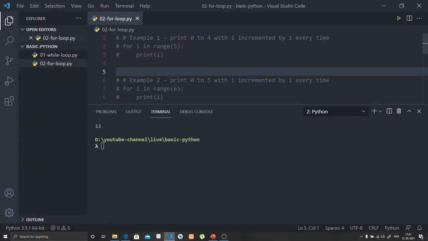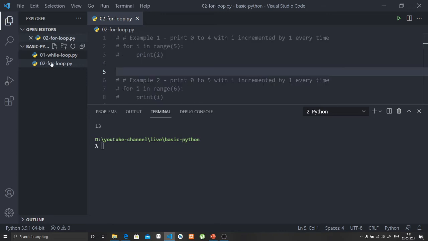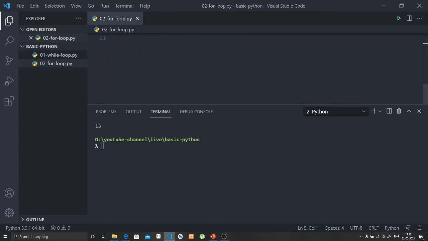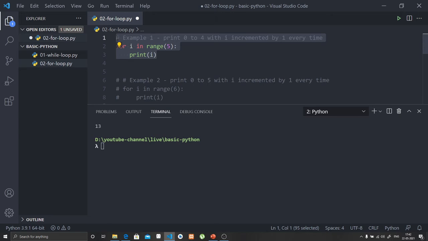Here, as you can see, I have created a for loop Python file in my VS Code editor, and I have written some examples. I will uncomment this example, then this part of the code will execute. This will print 0 to 4, and i will be incremented by 1 every time.